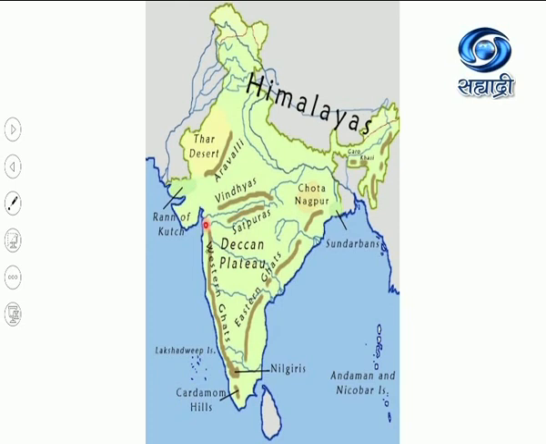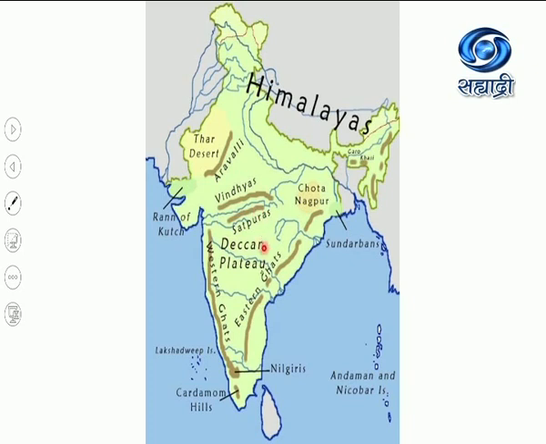Because of the obstruction caused by the Western Ghats and the Eastern Ghats, it rains more in the coastal area. So this region receives maximum rainfall over here. Now, when these winds cross the Western Ghats, they reduce because the maximum of the rainfall has been showered onto the coastal region of the Western Ghats. Now, as they move towards the Deccan Plateau, when they cross the mountains and are on the leeward side of the hills, the rainfall reduces.